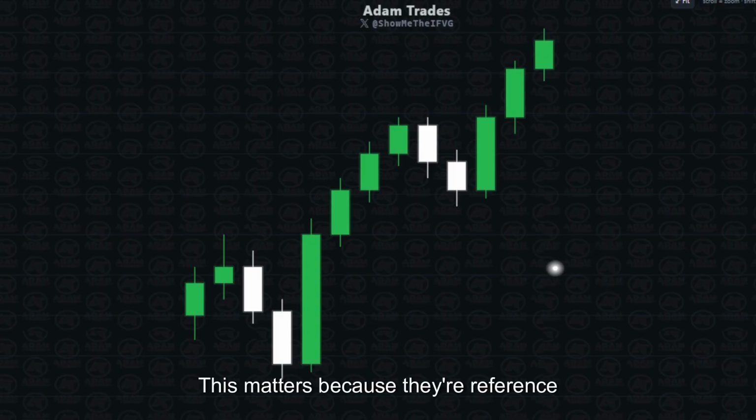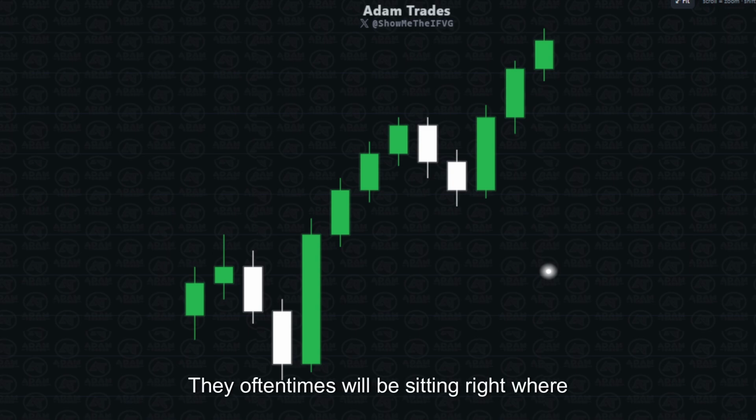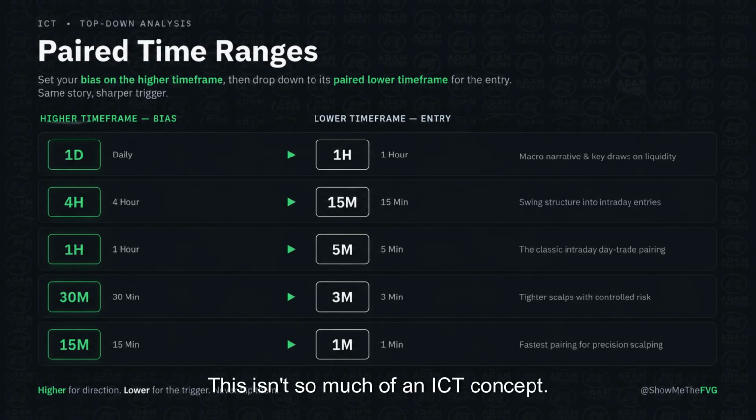This matters because they're reference points that define structure. Every change in the state of delivery is measured against a swing point, or a protected swing high or swing low. They oftentimes will be sitting right where the liquidity rests, so they double as both your structure map and liquidity targets. This isn't so much of an ICT concept as much as just really a helpful thing to understand,